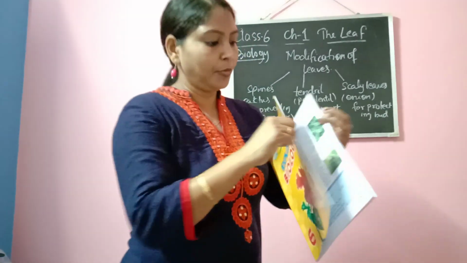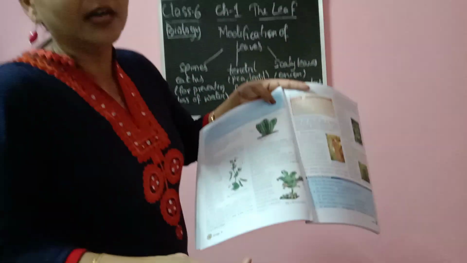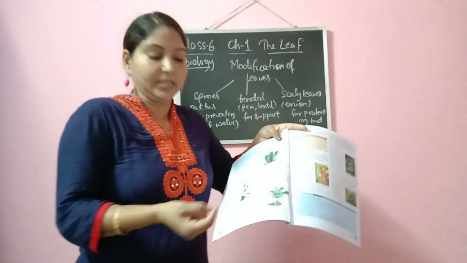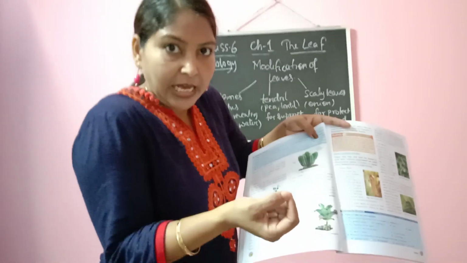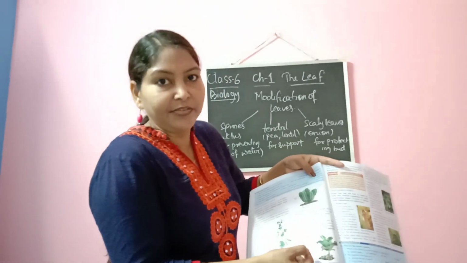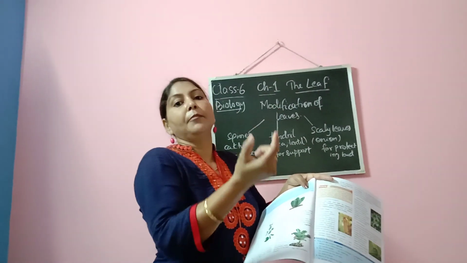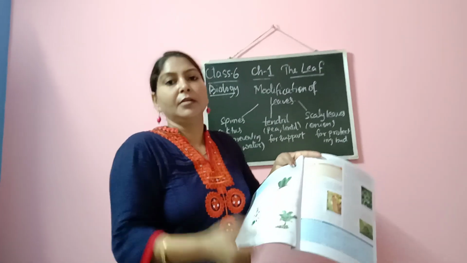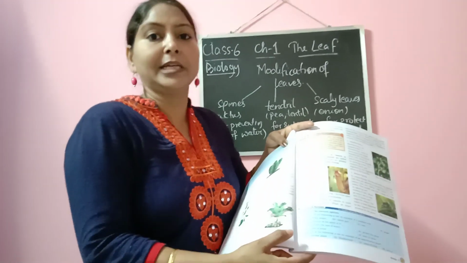Bryophyllum is a kind of leaf which you can see in the book also. I will show you here. This is bryophyllum. You can see these are all leaves, and each leaf is responsible for growing another plant. In these leaves you can see these are the notches. From the notches, if you just pluck the leaf and sow it in the soil, what will happen? The leaves will bear a new plant. So this is vegetative propagation.